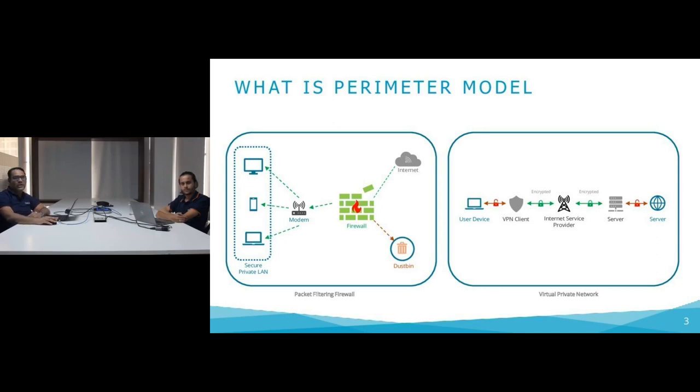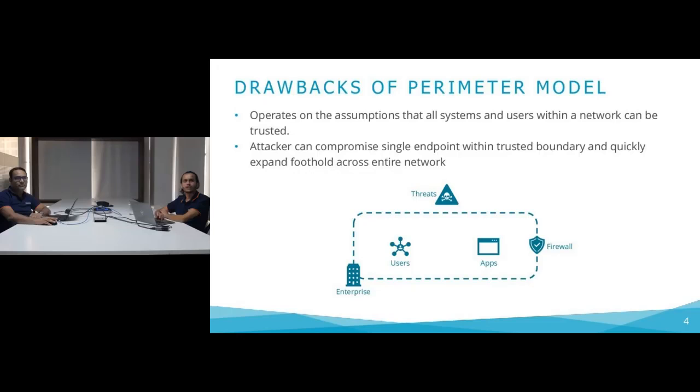So now we'll look into the drawbacks of the perimeter model. Raviraj will shed more light on it. Thank you, Vinay. So with the current dynamic and hybrid nature of the data centers and the corporate networks, which